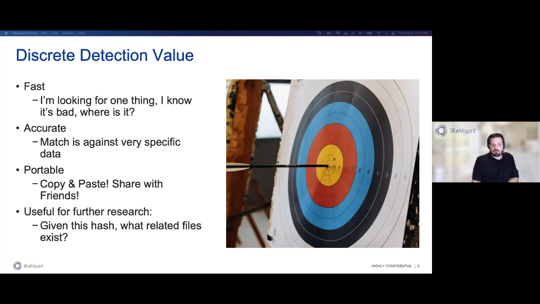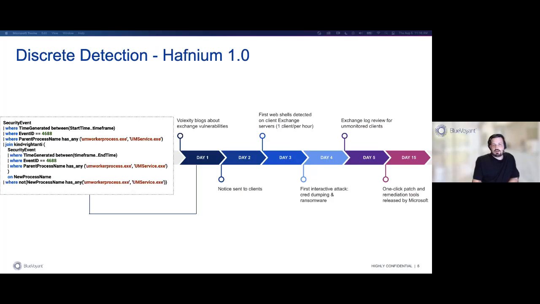We're able then to build further discrete detections based on the information and the research that the analysts are able to do. A very good example of this is the Hafnium detection. The first blog about the exploit did not have a lot of details other than an executable, a process name. Using that, and before we even notified our clients, we were able to issue a discrete detection for Hafnium based on the limited information that we had of the parent process name and any of the new process